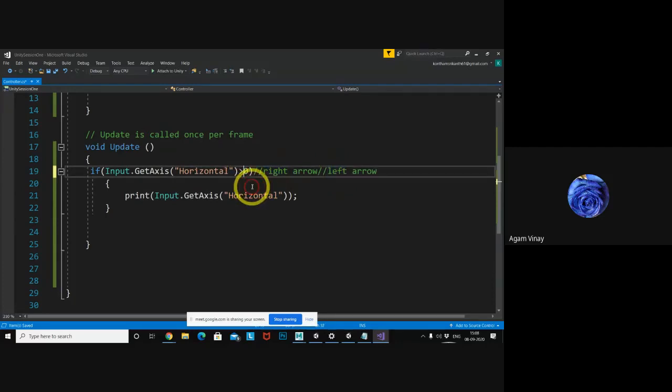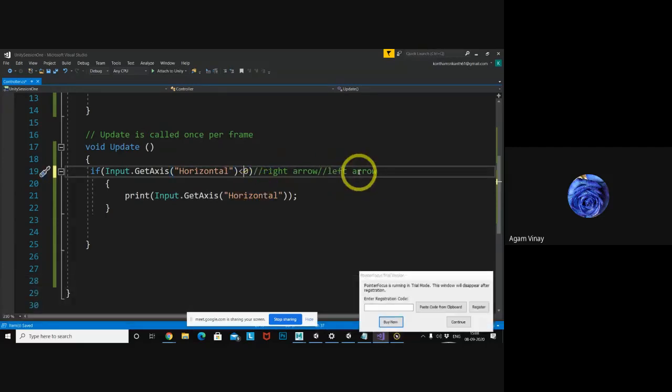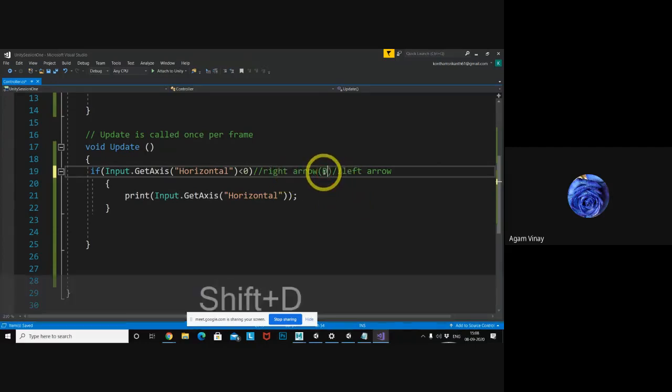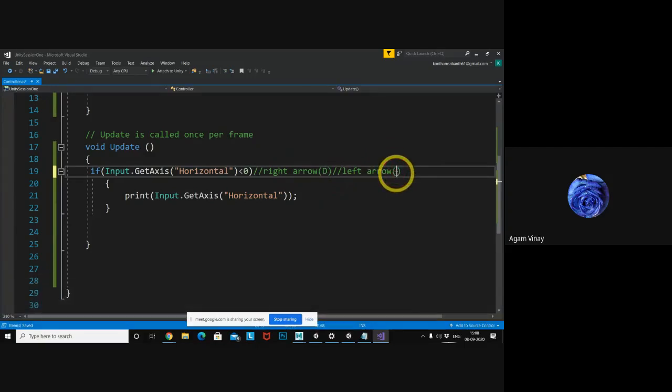If I wrote less than 0, the left arrow key will execute whenever you hit the left arrow. Same for the WASD keys, like the horizontal keys: right arrow means capital D, and left arrow means the letter A.